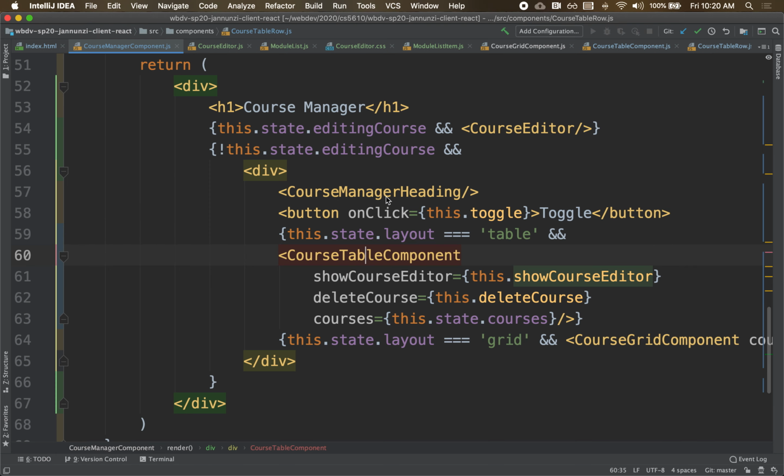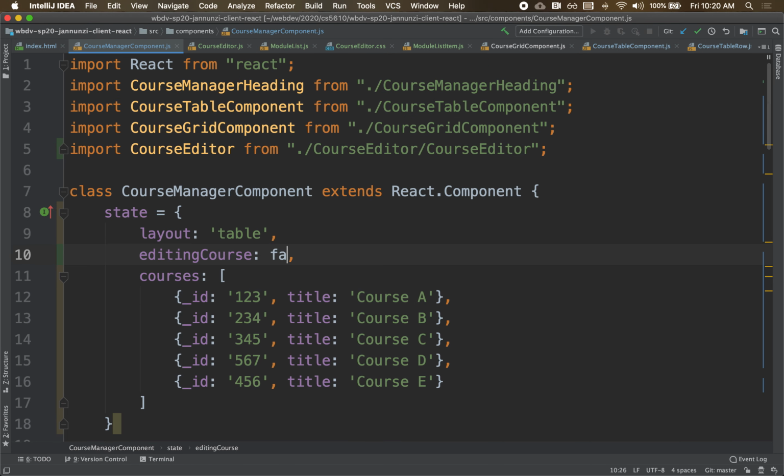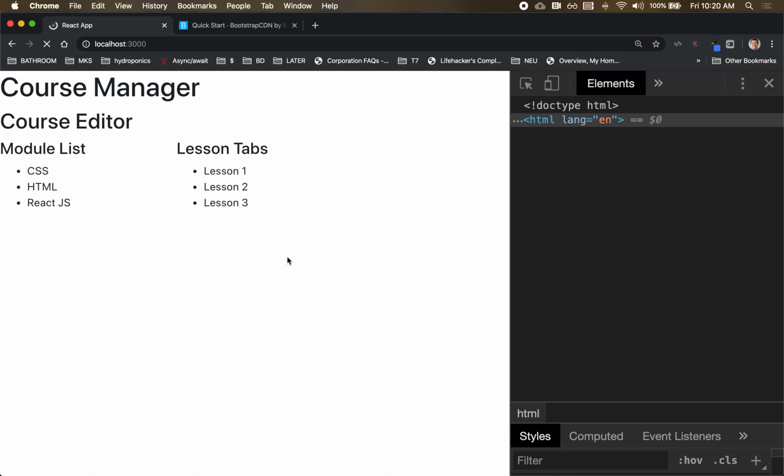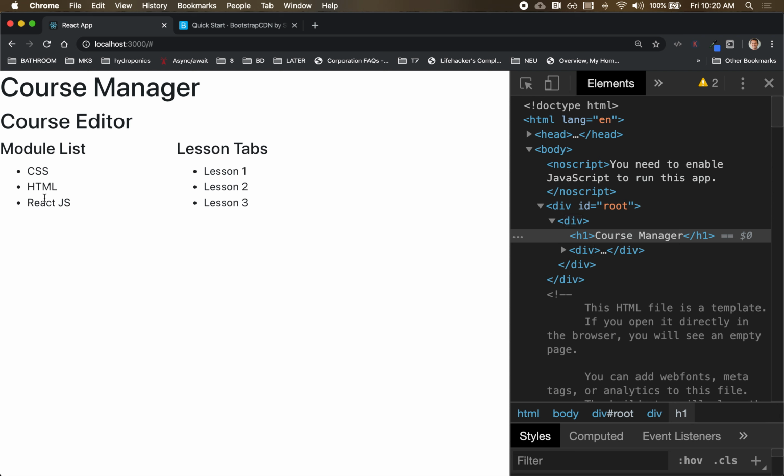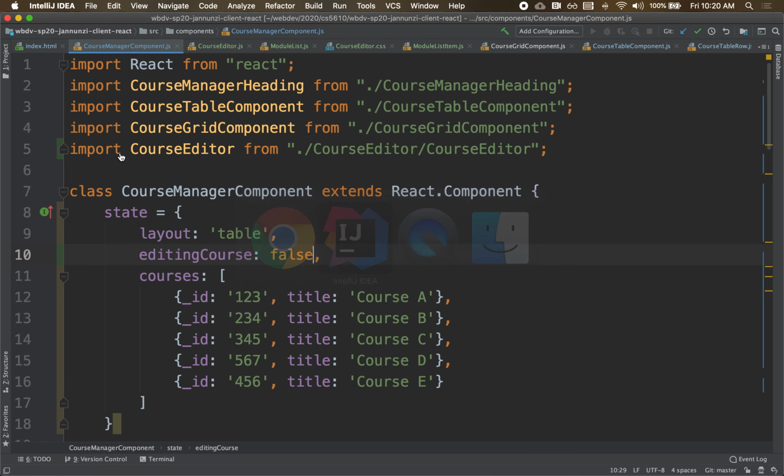So let's go to the course manager and make this false to start. False. All right. So if I click on the course, right, it shows the course editor. See that? Right. And I also need a mechanism to go back. Meaning I need maybe a button here in the course editor that hides the course editor. Right. So let's do that. So in the course editor,